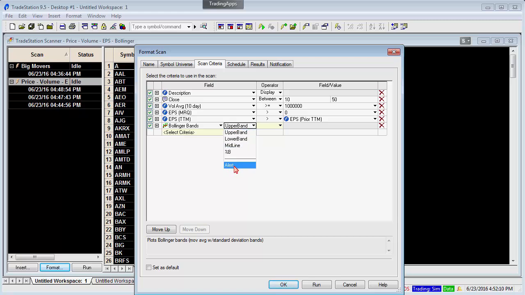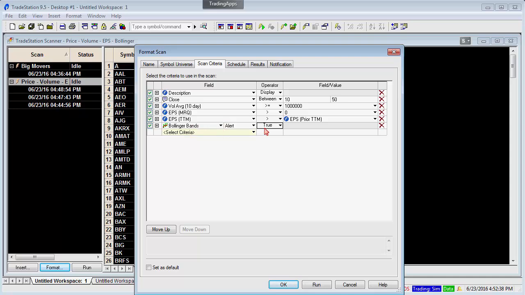So every indicator will have the word alert here, which will scan for the criteria. Whenever there's a penetration of the bands and a return inside the channel, that is the criteria for the Bollinger Band. So whenever you select an indicator and you select the alert, that'll pretty much look for that criteria to be met. I'm going to click on True here because I'm looking for any symbol that has a true alert